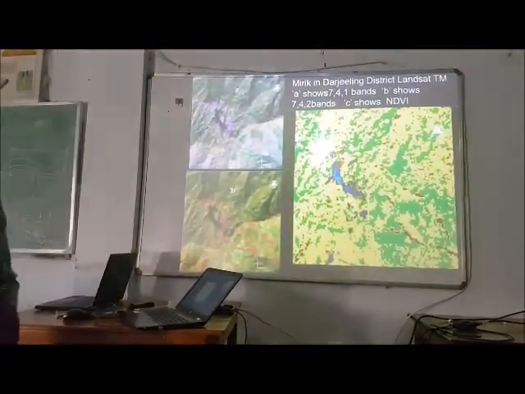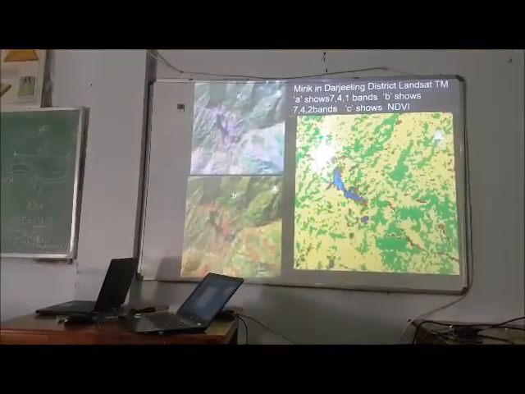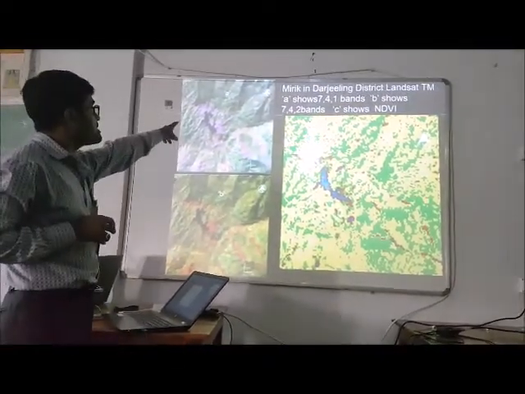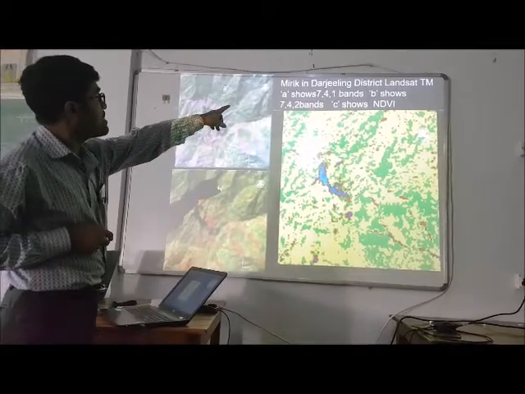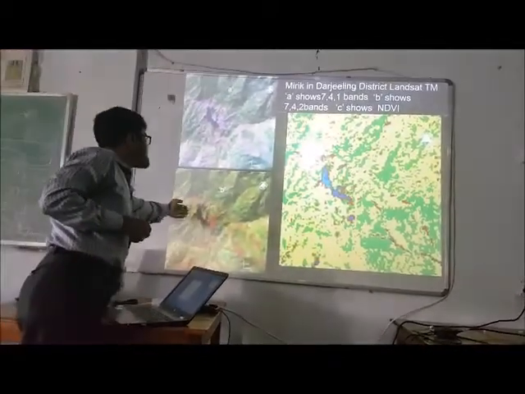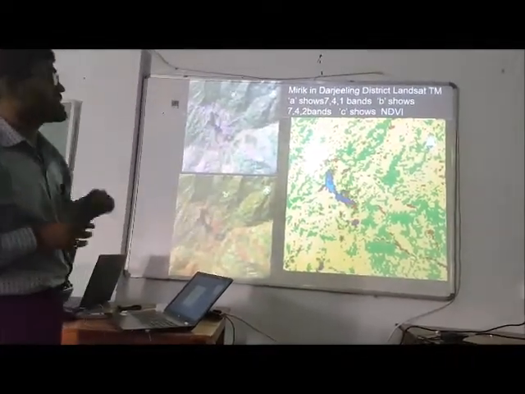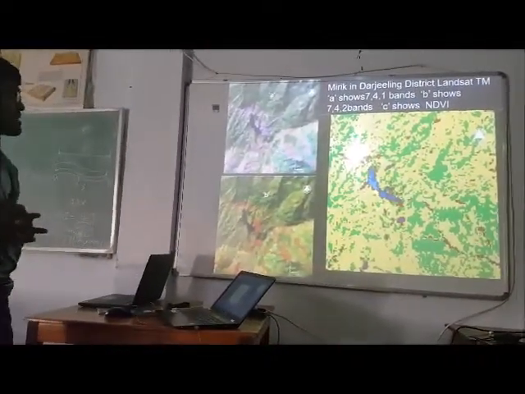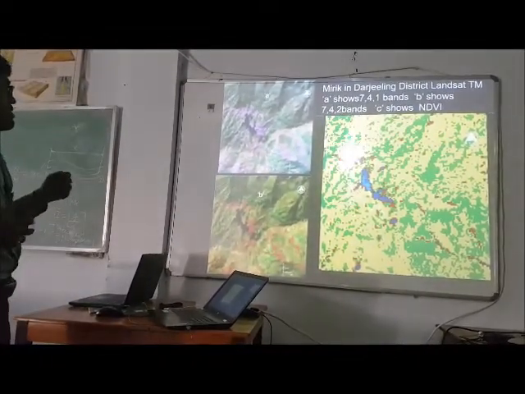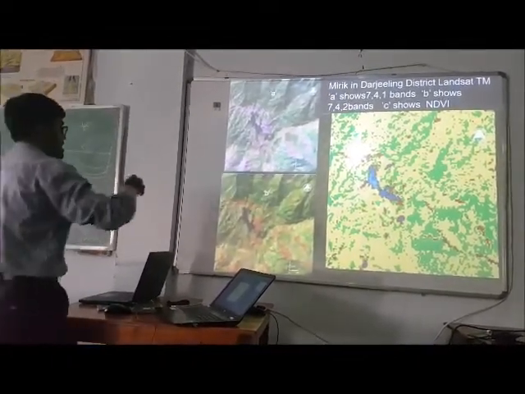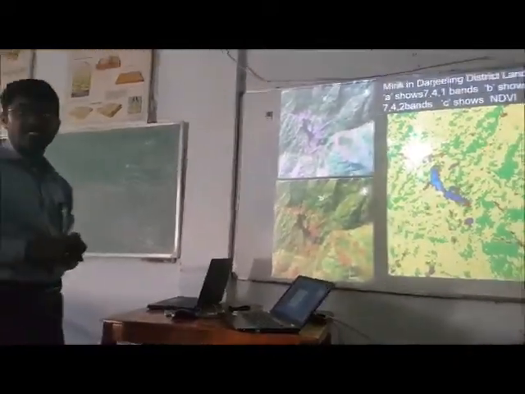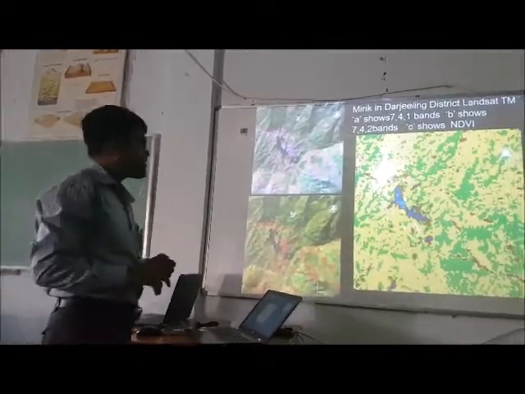These are different band combinations. Here the A part is the 741 combination and this part is the 742 combination of Landsat TM. And for detecting vegetative area, we are very confused to delineate it.